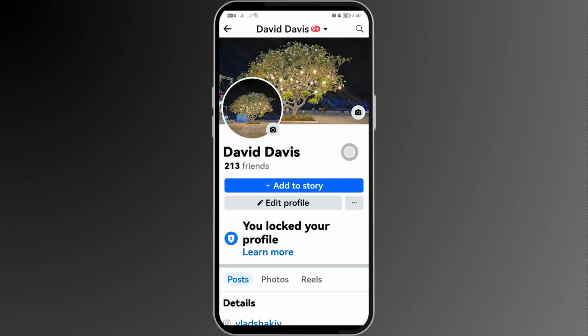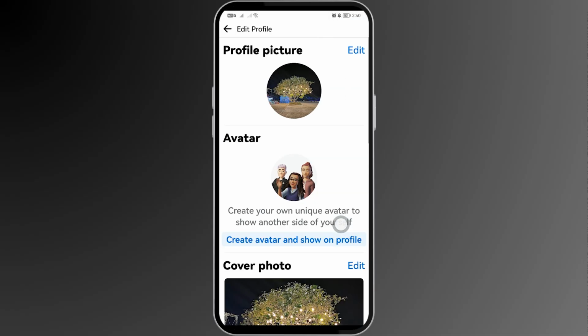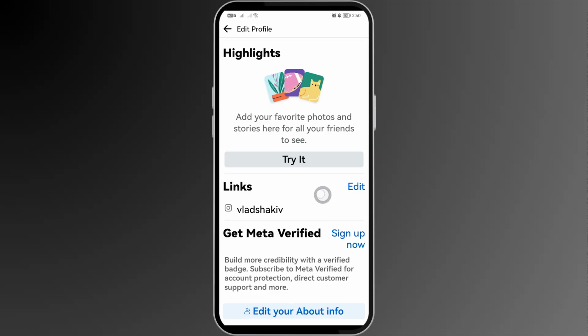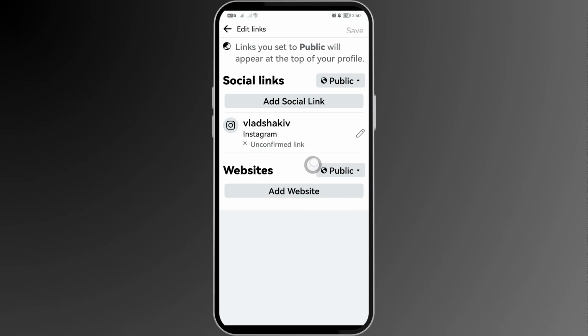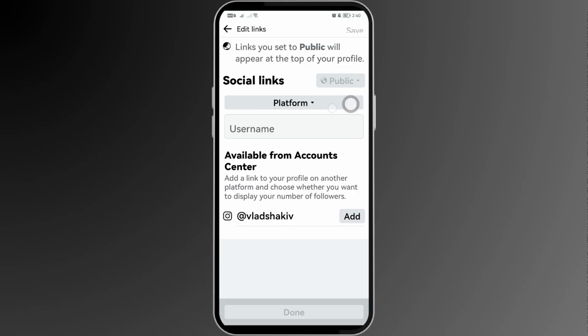So for us to get started, what you're going to do from this point forward is really just click the edit profile here on your Facebook profile. And then I want you to scroll down until you see links. I have added here my Instagram, for example. We're going to go ahead and add WhatsApp by clicking the edit button in there and then click add social